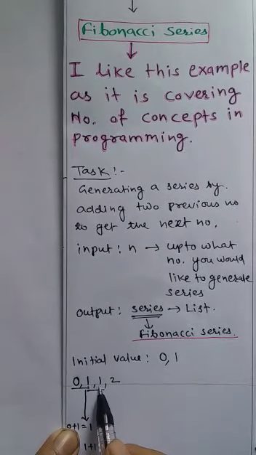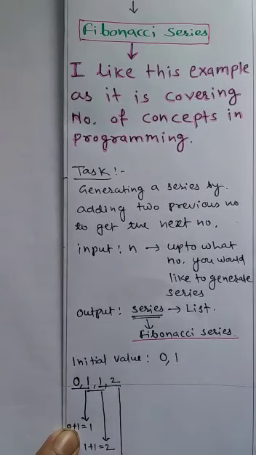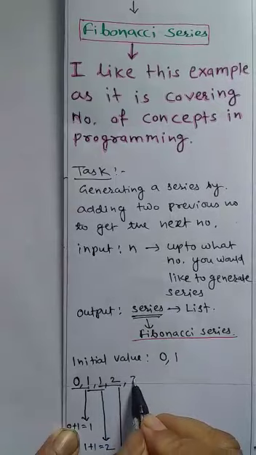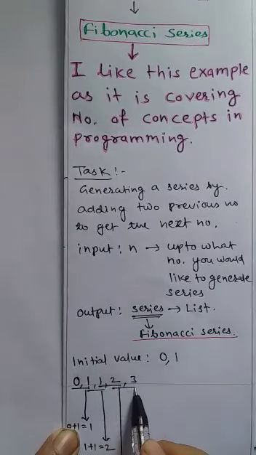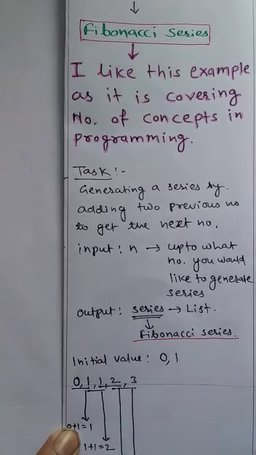Now add the last two numbers, 1 and 2. If you add 1 plus 2, what you get is 3. Add this number 3 to the series. Now the next two numbers are 2 and 3. So add these two numbers, 2